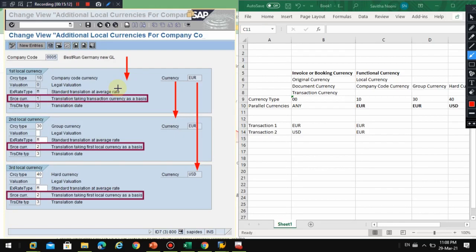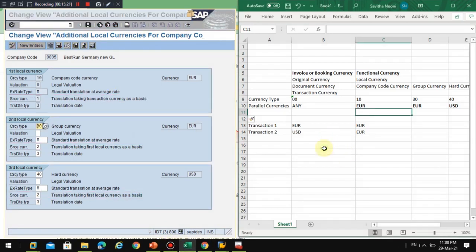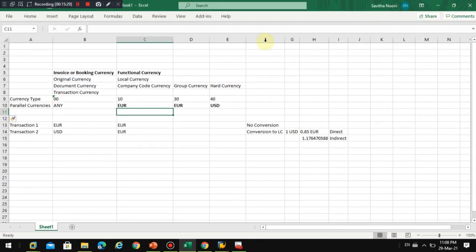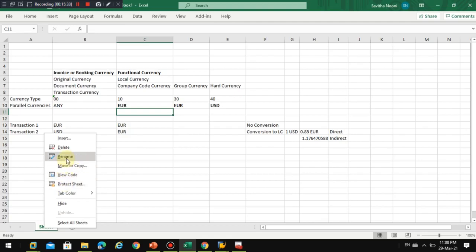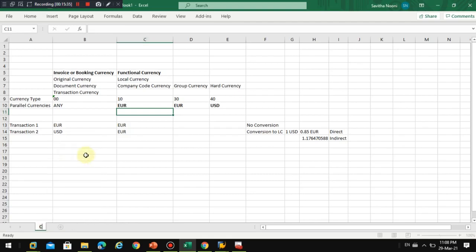So I hope you understand how the setup is done for these currencies in SAP. Yeah. So now in this case we understand the basic steps here. Currencies, in the case of exchange rates,